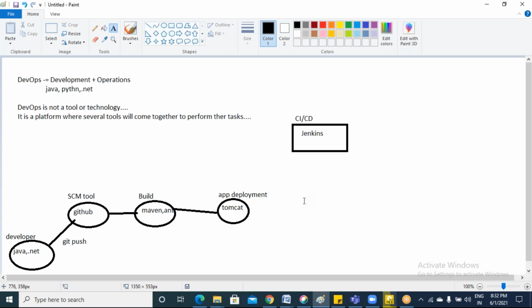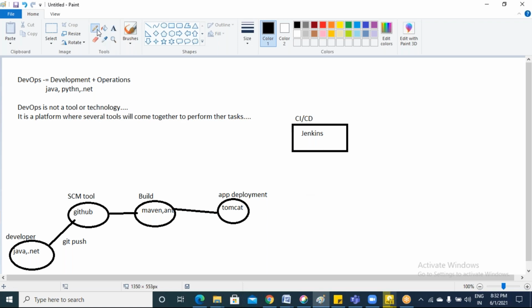This tool has the facility to build the code automatically. You just need to configure it once, and after that it will build the code automatically. You need not wait for anything, and only one person can handle the entire Jenkins.